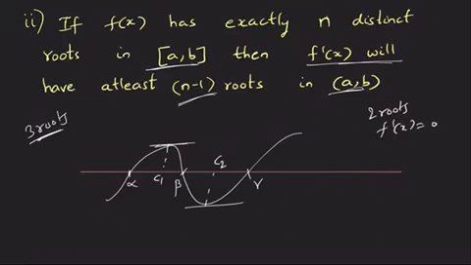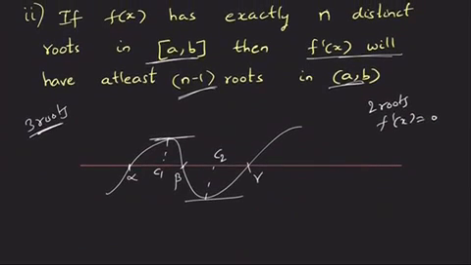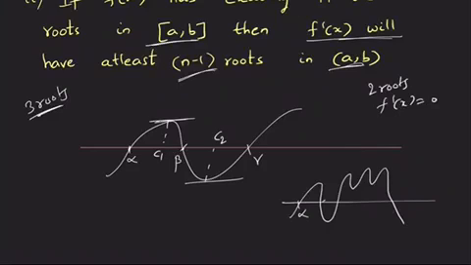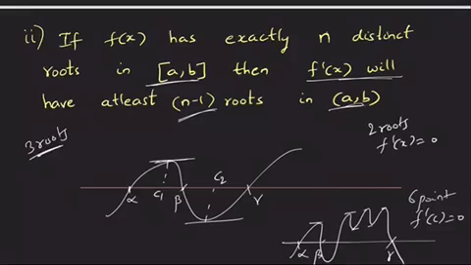So we can see that there are two roots of f dash x is equal to 0. Now this is at least two roots. We can have more than two roots also. Say for instance, I draw this graph. Here we have 3 roots of the function, alpha, beta and gamma. Now you can see that 1, 2, 3, 4, 5, 6, there are 6 points at which the derivative is 0. So we can guarantee that there are at least n minus 1 roots. There might be more. I hope this is pretty clear. This is nothing but the application of Rolle's theorem.